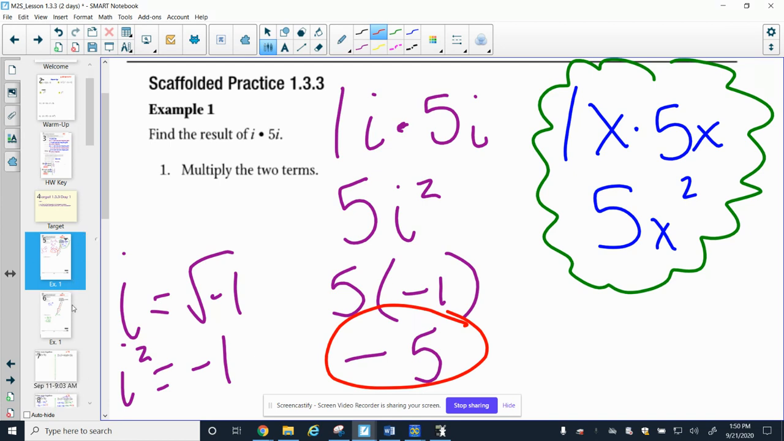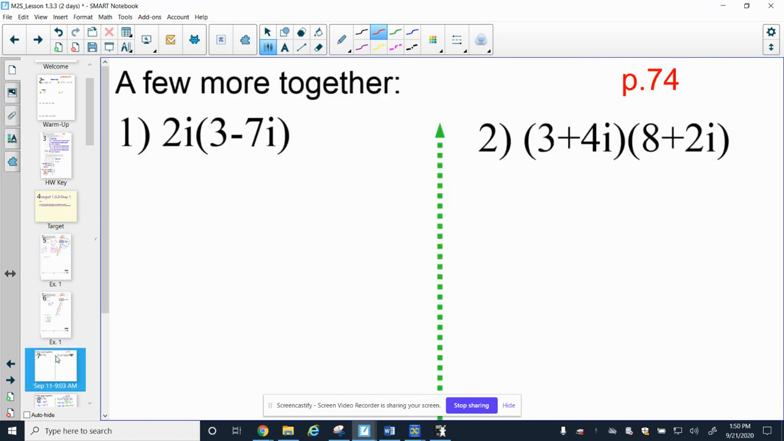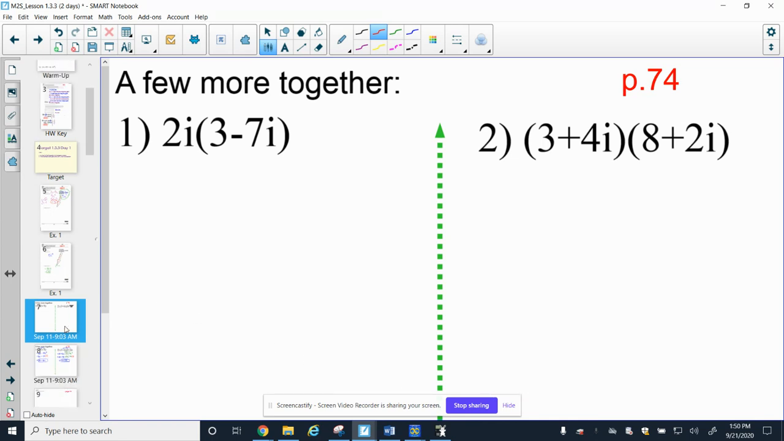So we're going to start by doing some more practice problems similar to this. You can stay on this page. Let's try these couple ones. Number 1 says 2i times the parentheses 3 minus 7i. Now we're distributing this 2i to both terms that come after. 2i times 3 would be 6i. Then 2i times -7i: 2 times -7 is -14, and i times i